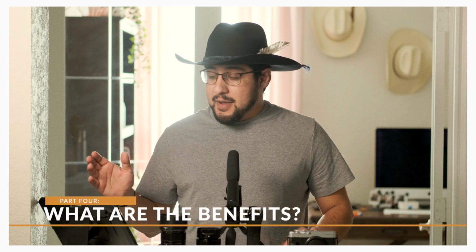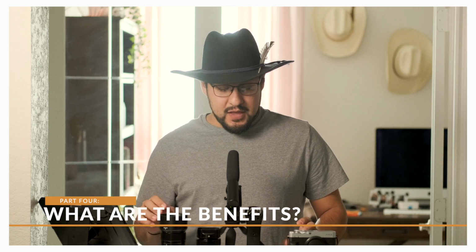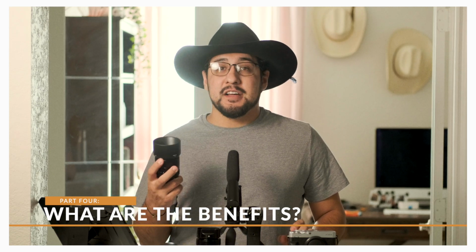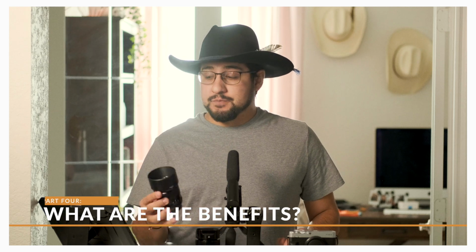And it might even focus faster because it has fewer elements, or the elements aren't moving as far as they do on this big baby right here. So when it comes to that and the side-by-side, there to me isn't a huge benefit, just plain and simple. But one thing I can say is that this lens formula, even though there's not a huge discernible difference at 1.4 and at f4, there is still, as I'm going through these models, something to say about